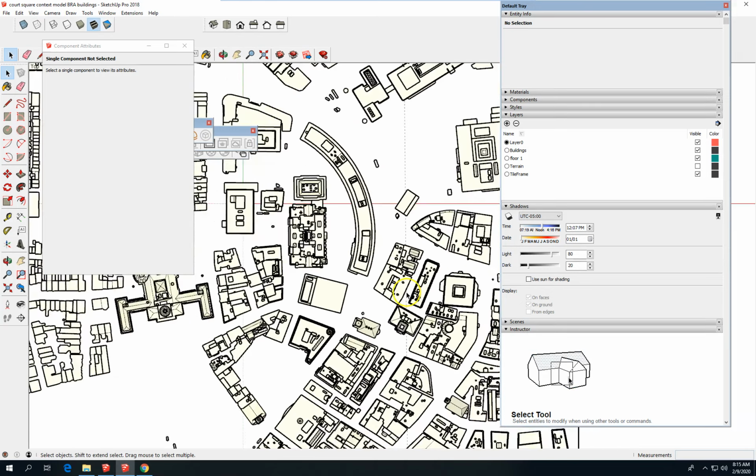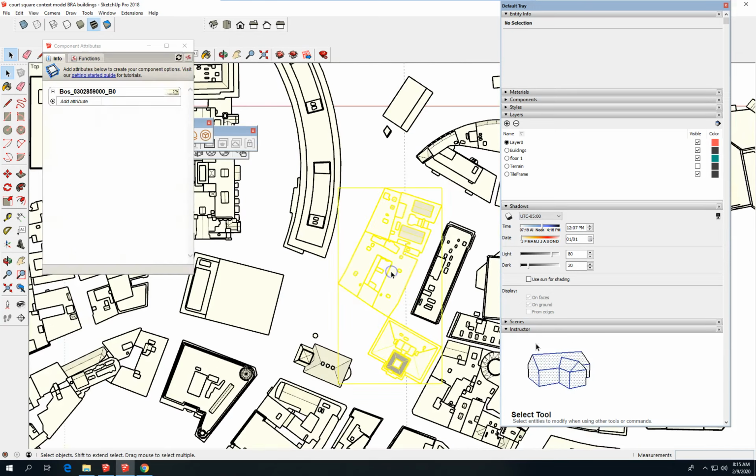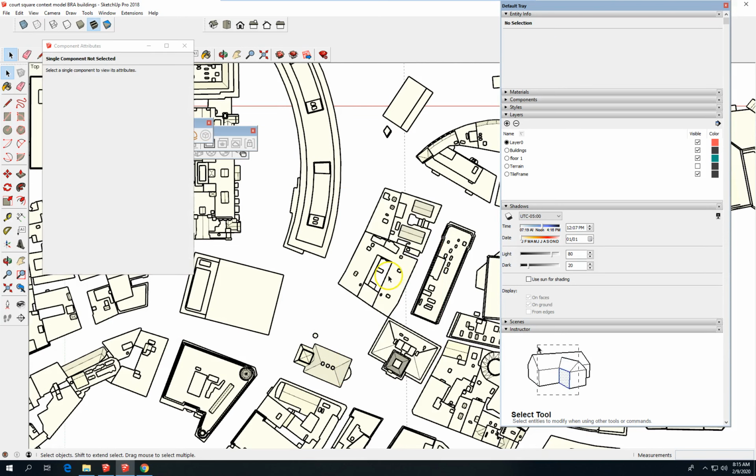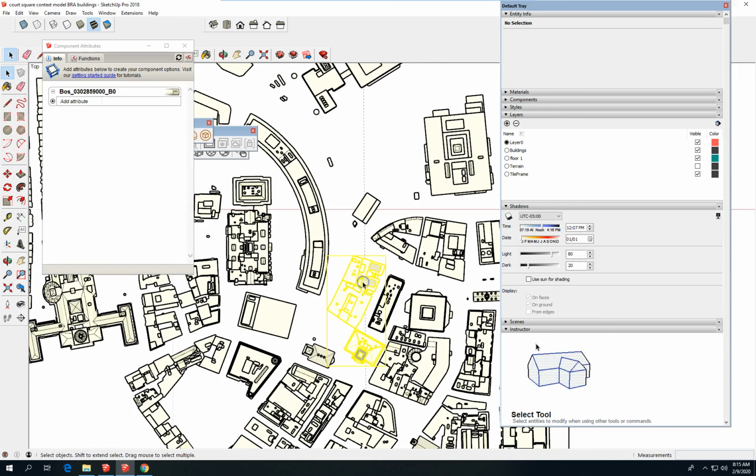of these buildings, right? And there's the building. It's modeled in context with some other buildings there. But the nice thing about the BRA tile is oriented, aligned with true north. True north is straight up. So if I take the building model, for example, and copy it to my site, the prototype model,